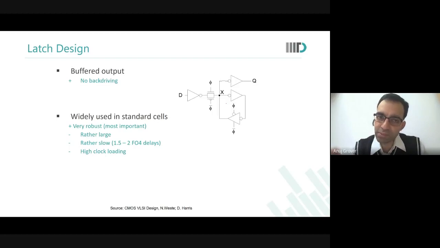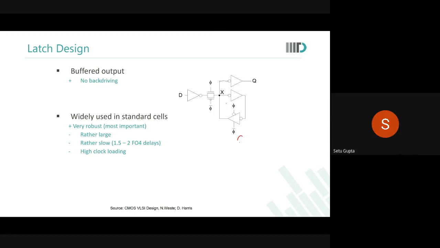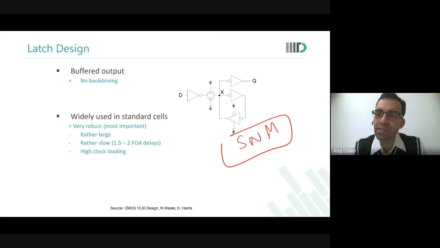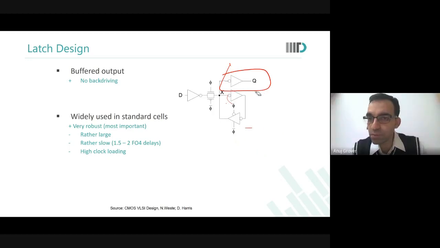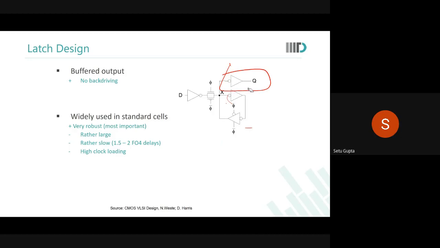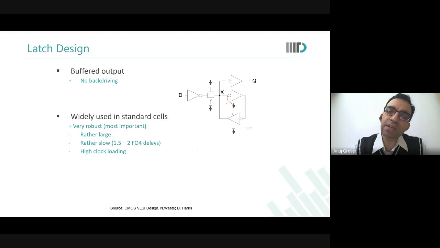Are you able to see this? So now the SNM of the latch has increased very significantly. Now you're not worried about things toggling on the Q pin or anything else happening. You are able to ensure that the size of the flop is small enough and you're able to drive large loads also. So what is SNM? What's the full form? Static noise margin.